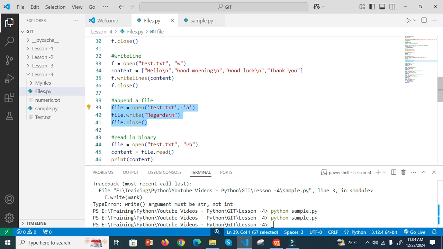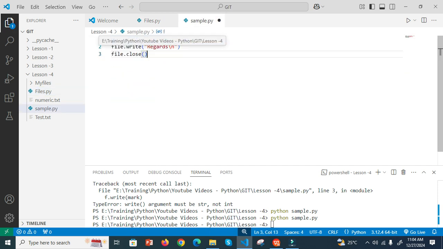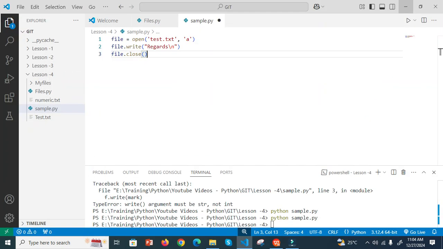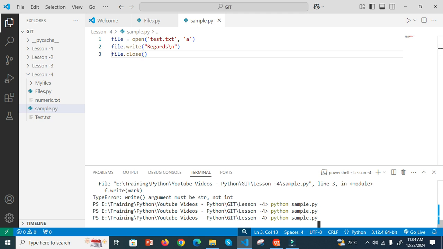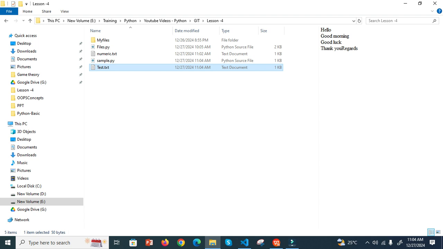Okay. Now I copy this and save this inside. I want to test that. The text is already there. I want to add thank you, then below thank you I want to add regards, right? Then I add a regards, then a new line. Now I save this file. Now let's see what happens. Now regards is going in